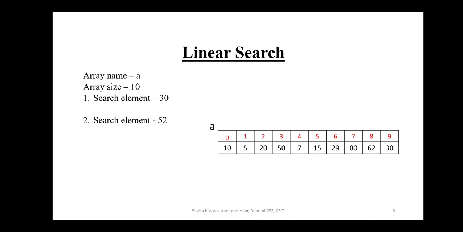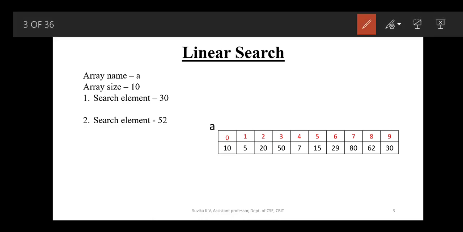Whenever we talk about an array, we need something called a for loop. Why do we need a for loop? If we want to go from one element to another element, that is traversing. Traversing means moving from one element to another, and we need a for loop just for that iteration. The iteration variable we are using is i. Let me start here.